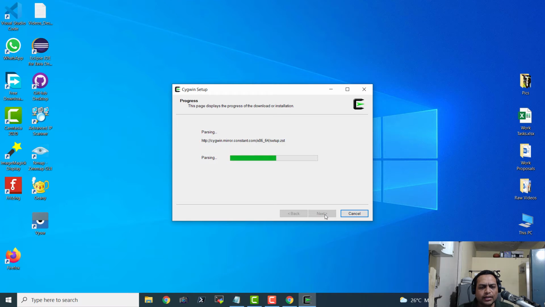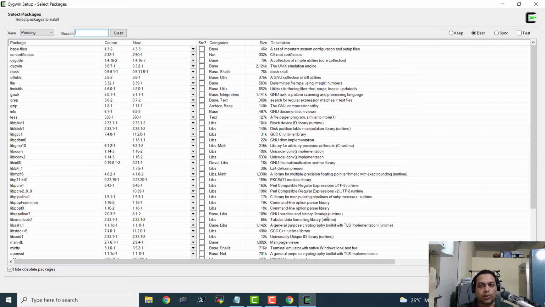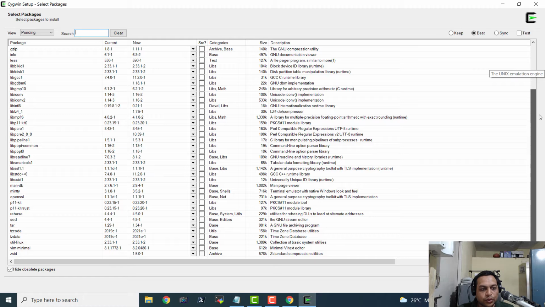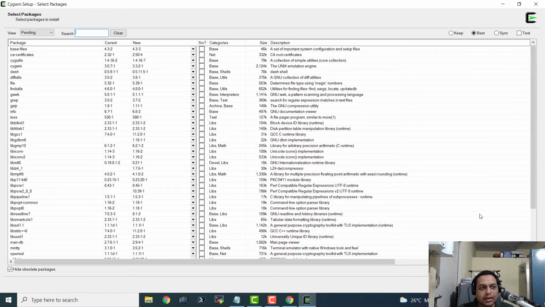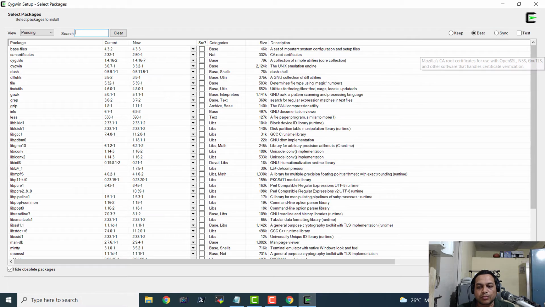Okay, cool. It is parsing, or is it downloading? I'm not sure. Oh wow, so we have got here the Cygwin setup. Okay, and I'm going to click next. Basically it is going to install all the Linux-like utilities for Windows.